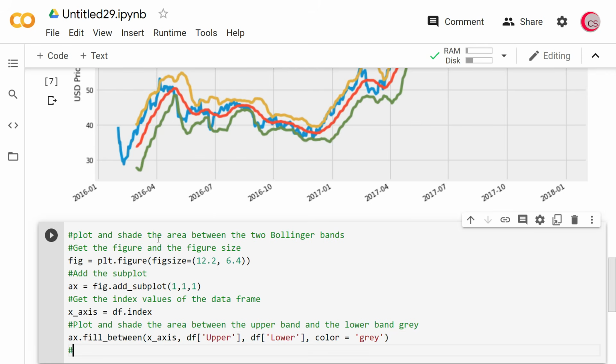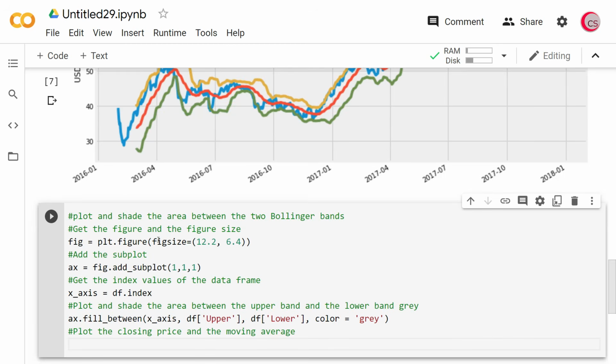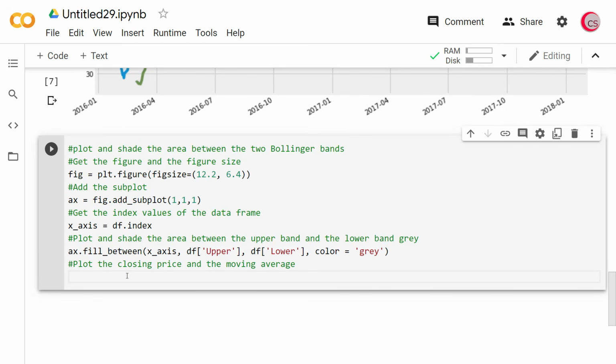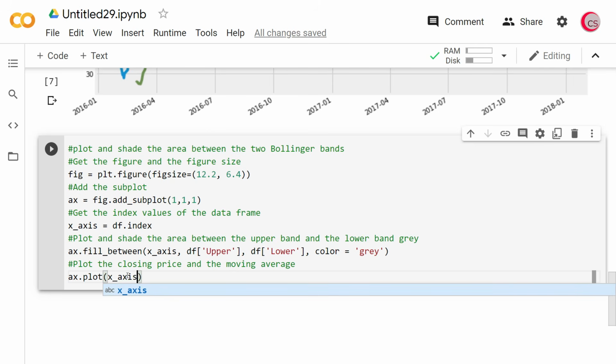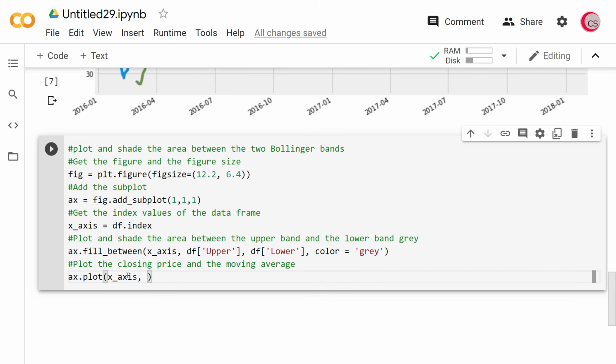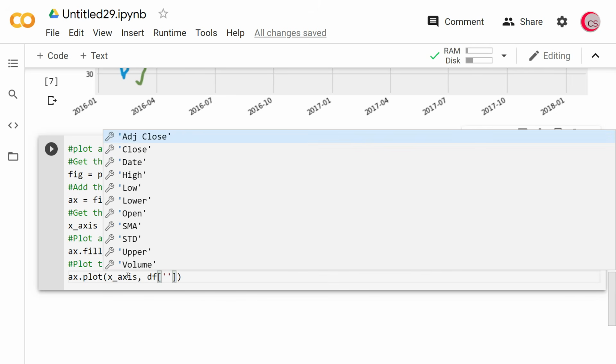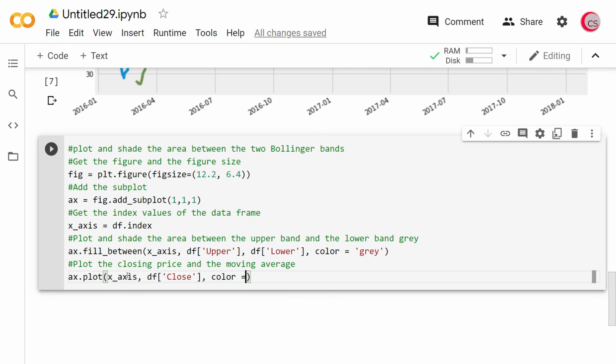All right, next I'm going to go ahead and plot the closing price and the moving average. So let me just bring this up a little bit. Okay, so just type x.plot, and then we can put in the x-axis, and then put df close, and we can give that a color. So I'm going to set the color to be gold, and then the LW will be equal to 3. The line width is equal to 3, and the label will be